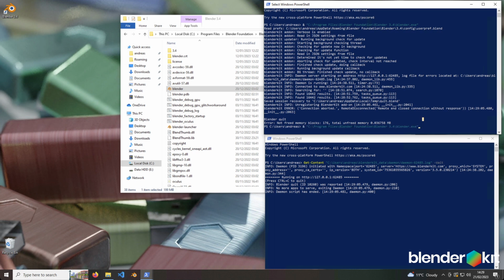This is the command for starting Blender, and we will start Blender one more time, now being monitored both from the Blender debug PowerShell, and also from the PowerShell which is monitoring the daemon. I will hit enter,